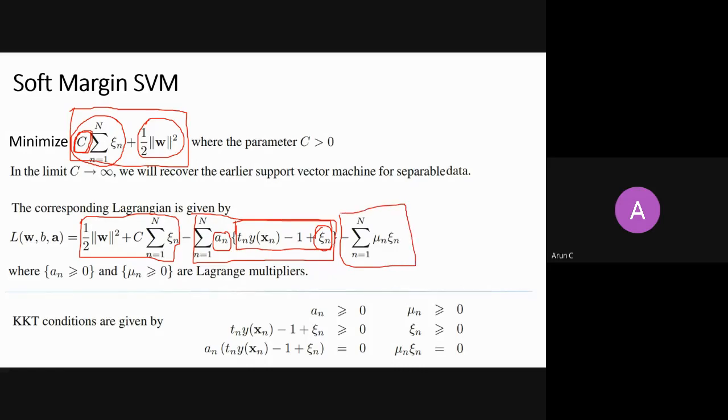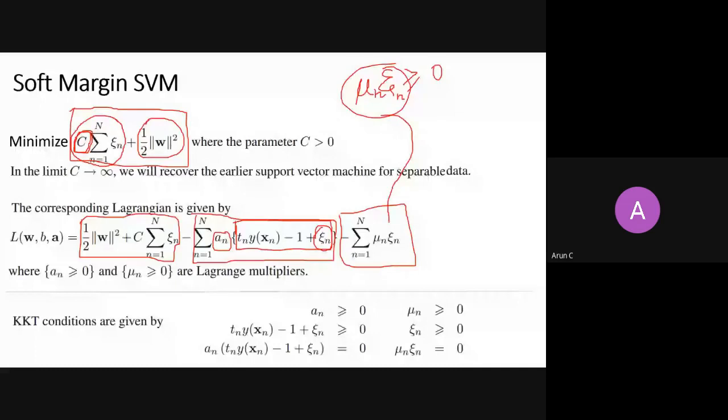Why is this a new term? Because my new constraints, the additional constraints, are such that every psi should be greater than or equal to 0. And how many psi are there? There are n psis. So now you multiply every one with some Lagrangian multiplier, and this Lagrangian multiplier here is mu n. You multiply this Lagrangian multiplier mu with this constraint psi, and this is how you are putting it into your objective function.